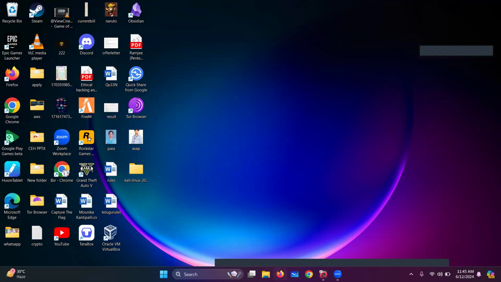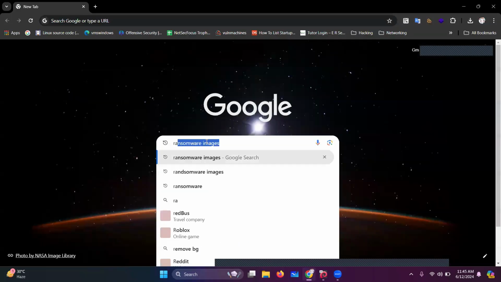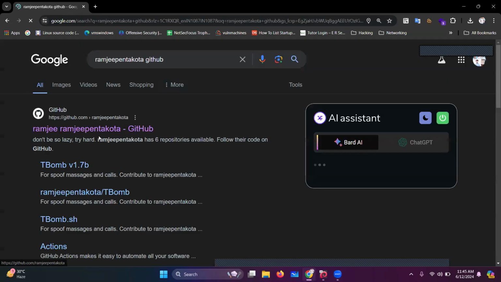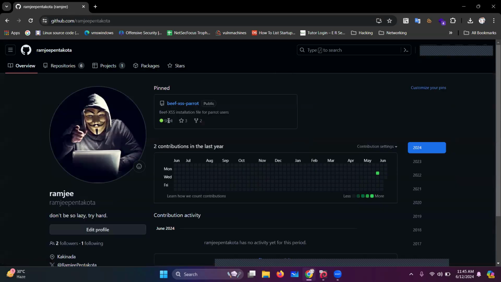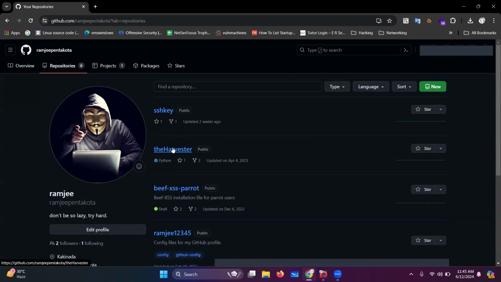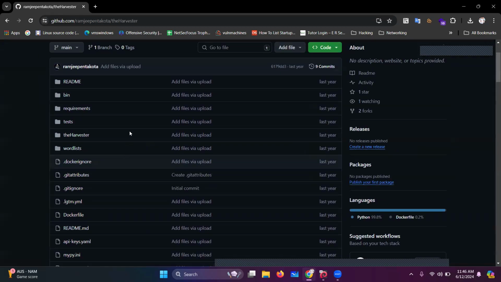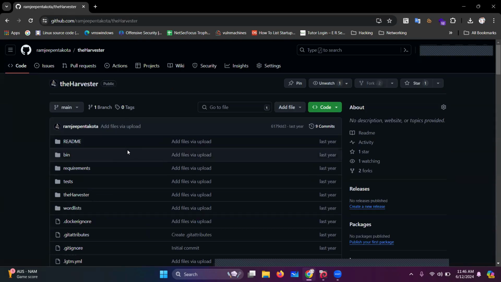So open your browser and here search for Ramji Ventakota GitHub. In my GitHub profile, I have that file. So open it and go to repositories. There we have theHarvester. Click on this link. So this is the file. I need to download this file into my Kali Linux. How to do that? Just click on code,